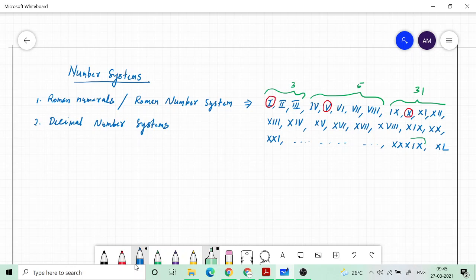So only those that correspond to 1, 10 could be subtracted or could be put before a larger symbol. You cannot put V before a larger symbol. So this is another rule. And then there is a lot of restrictions and a lot of things you need to keep track of, and then you can continue. So if you continue from here, the next one will be just like XLI, etc. You can go, and then you will come